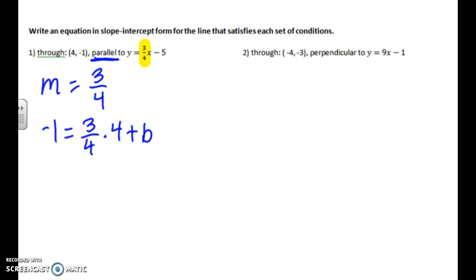And then you're going to be solving for a new y-intercept. So we're going to leave this as plus b, and that's what we're going to solve for. So it's pretty easy. It's 2 steps. You're going to basically substitute, simplify, and subtract. So substitute, simplify, meaning multiply that 3/4 times that 4,